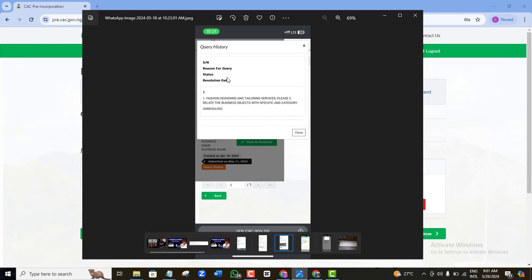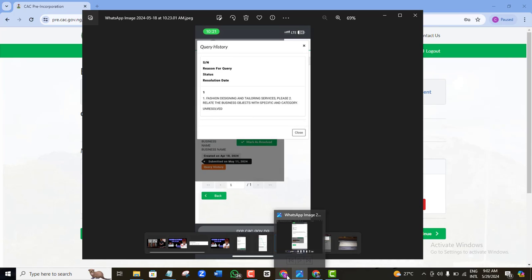So let's do another one. So here they are saying fashion designing and tailoring services, please. Here they are telling the person that this is the objective of the business. So I'm sure this person has also used some weird English, weird grammar to describe the nature of business. So CAC is saying go back to your nature of business and put fashion designing and tailoring services. That is what they are saying here. And another possible thing they are saying is that probably this person chose a different nature of business.